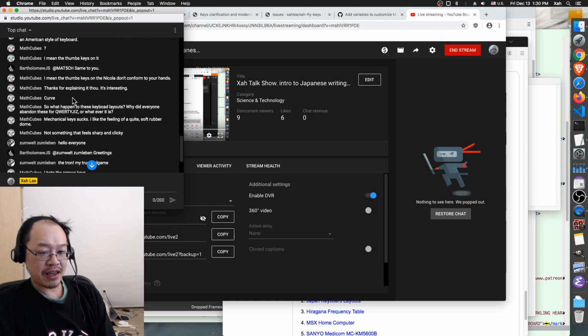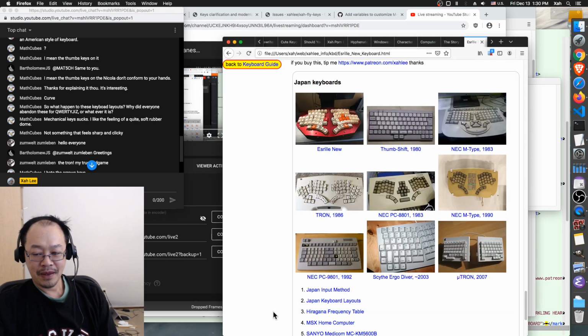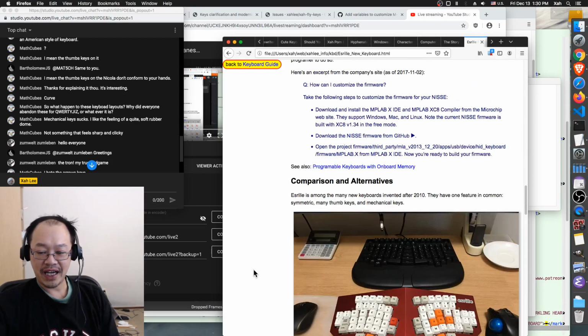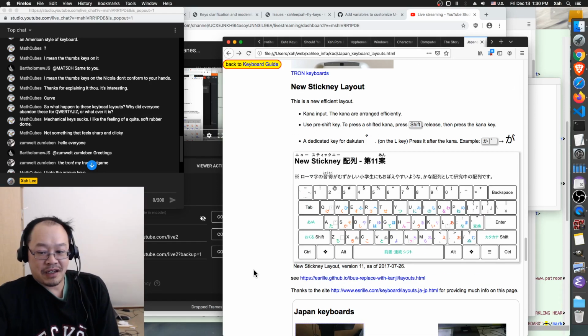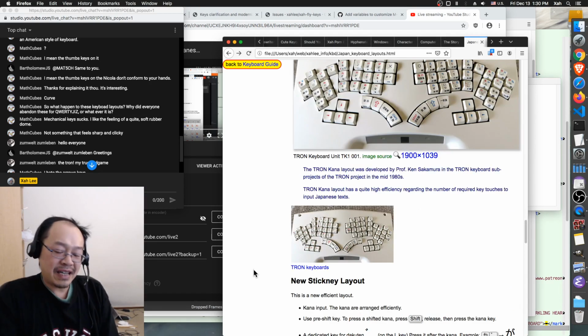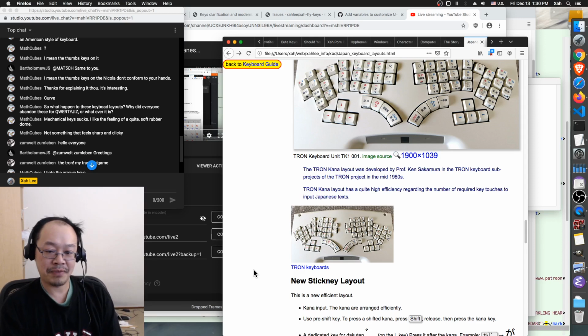Oh, so Math Cube says, so what happened to these layouts? Why did everyone abandon these for QWERTY JIS? Yeah, so all these efficient layouts, it turns out nobody uses them. Actually, the situation is comparable to the English situation. QWERTY versus Dvorak versus Colemak. Colemak is much more efficient. QWERTY is much... I mean, Dvorak is much more efficient. QWERTY sucks, but